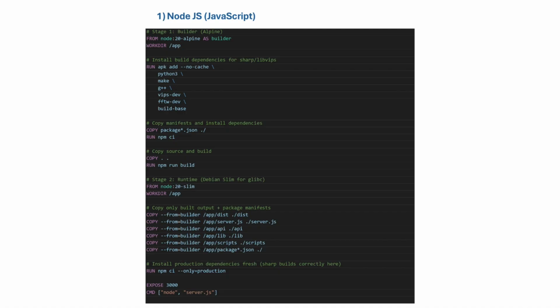So first is stage 1, that is builder stage, and we have stage 2, that is runtime. Why do we have two stages in this Dockerfile? Because we have implemented the concept of multi-stage build. Multi-stage build says that create stages in a Dockerfile so the image is lean, lightweight and more secure.